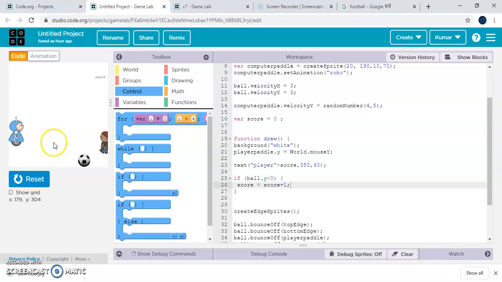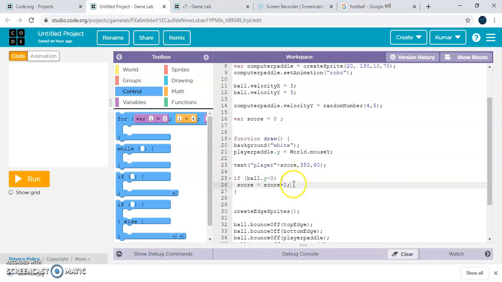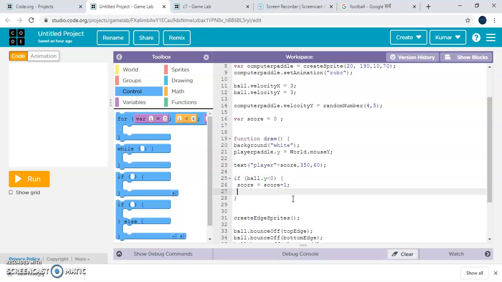Actually, it will be a very big bug because there is one command we have not tried. Let me show you what happens. Did you see that the player score is increasing continuously? Because it is moving from positive to negative, the score will keep increasing forever. So now let's add that one more command which I talked about.